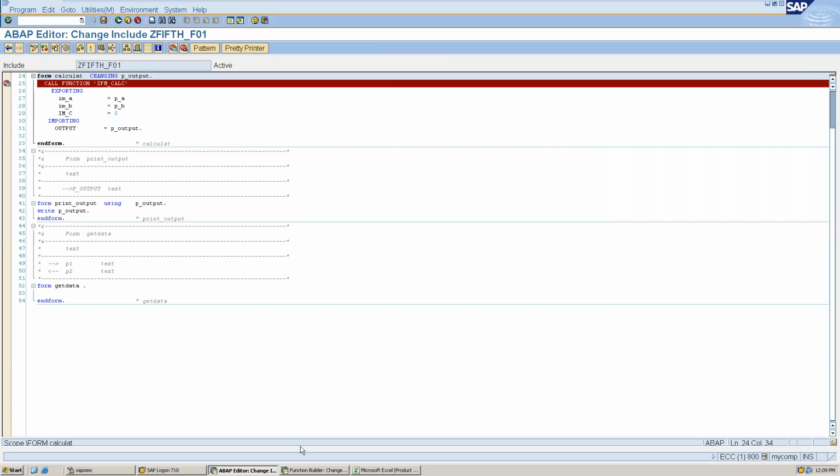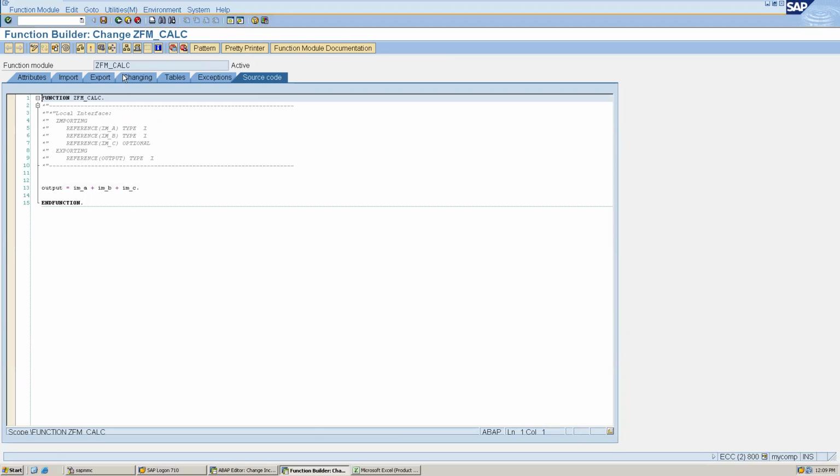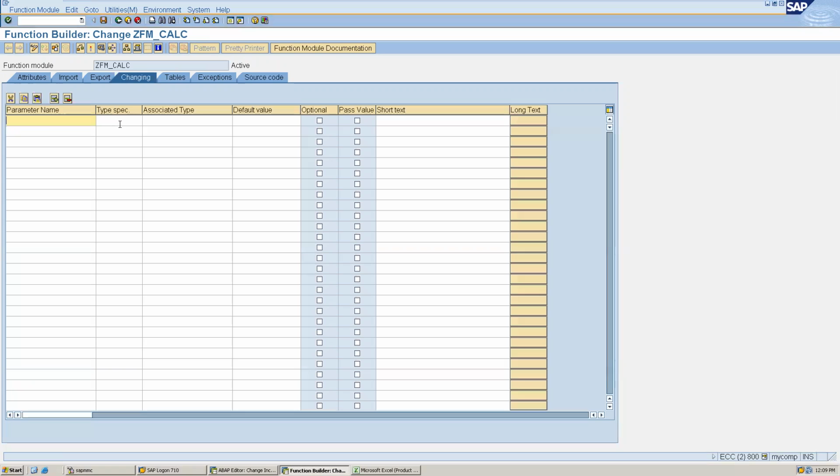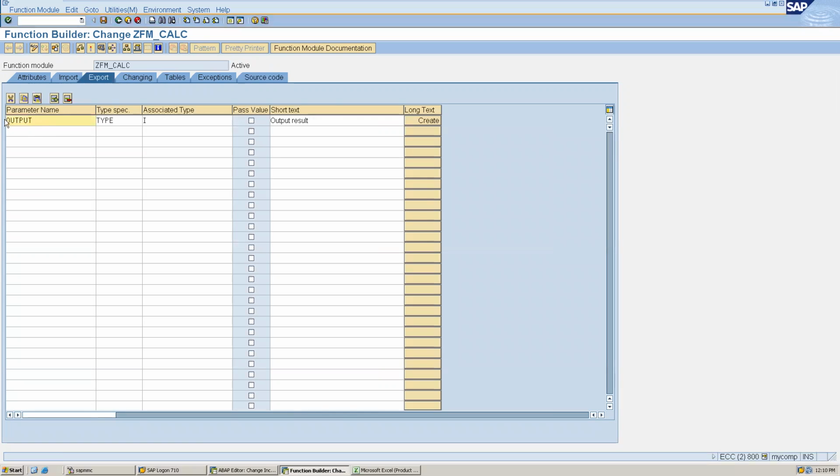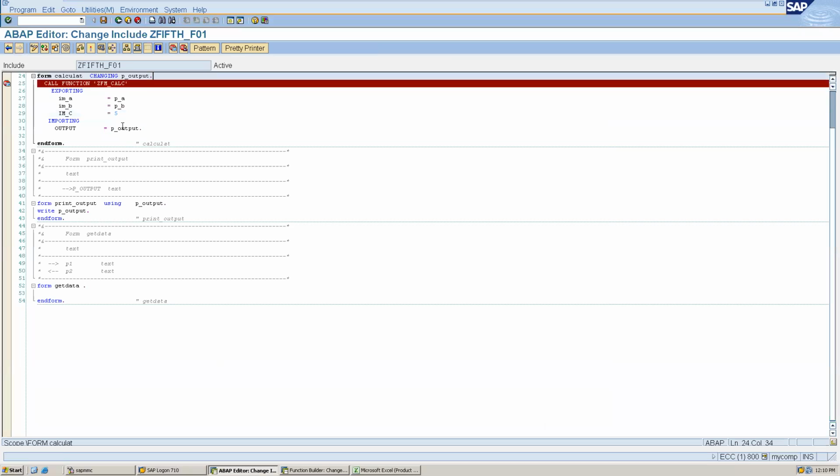And I can make one parameter here changing. And if I change the value of that parameter, it will reflect there. Okay. So the difference between changing and exporting: in export, we cannot pass any value, and whatever value we assign here, it will assign back here. But in changing parameter, if for example that parameter is already having some value, we can change that value. Okay, so this is the difference. Till now, any doubt?